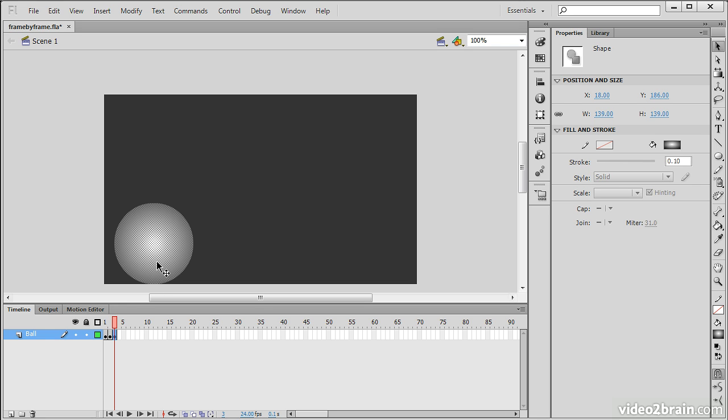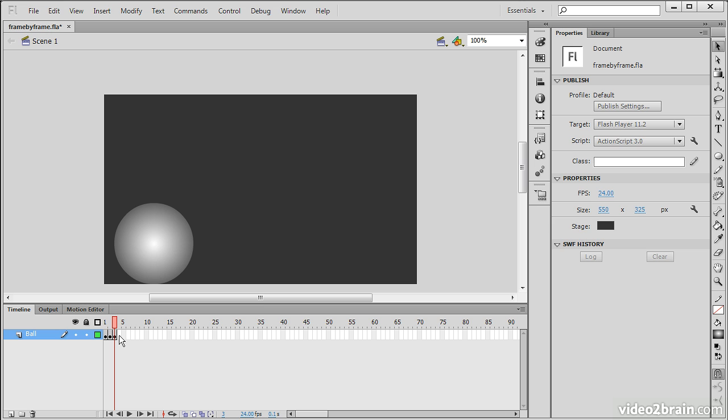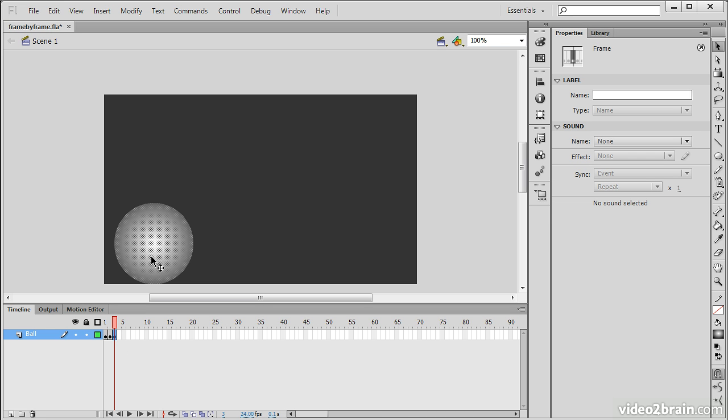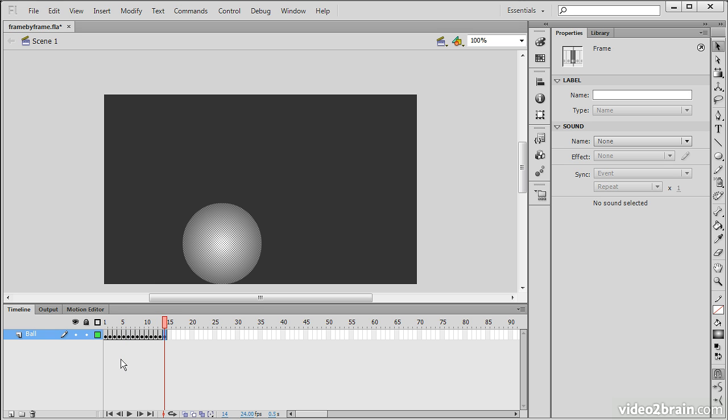So I'll hit F6 again, and you'll notice that when I hit F6 to insert a new keyframe, it inserts the keyframe, replicating that object and all of the properties of that object from the previous keyframe. So it makes it very simple to do frame-by-frame animation. So Shift right key again, F6, Shift right key, F6, Shift right key. So I'm only going to do it that far, and perhaps to make this actually stop,